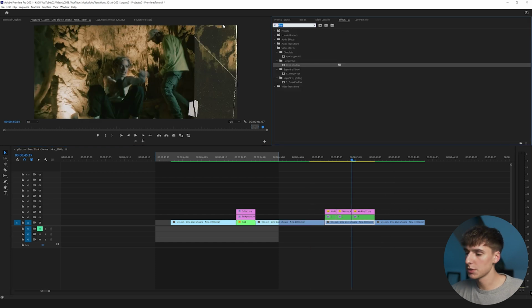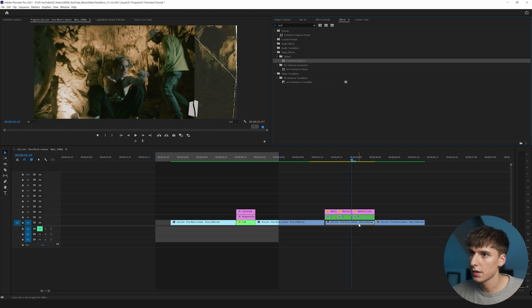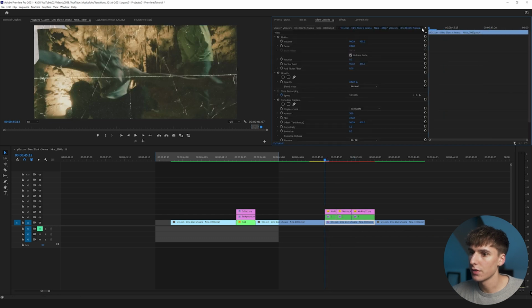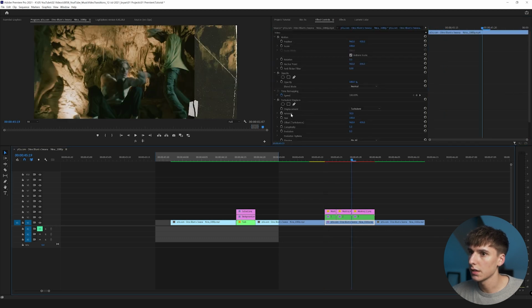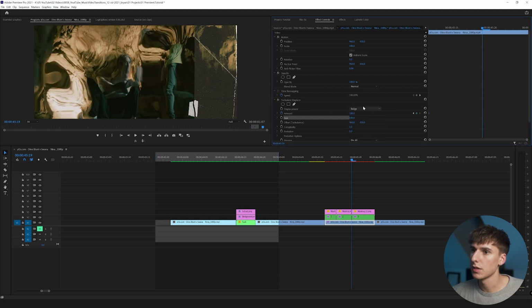And then for the background, I'm just gonna add turbulence displace to kind of stay with that theme of the warping background. And for this one, I'm actually gonna have it start off warped at the beginning, and then I'm gonna keyframe the amount at the beginning to maybe something like 100. And then I'm gonna use bulge for the displacement type, and then keyframe it to 0 at the end.